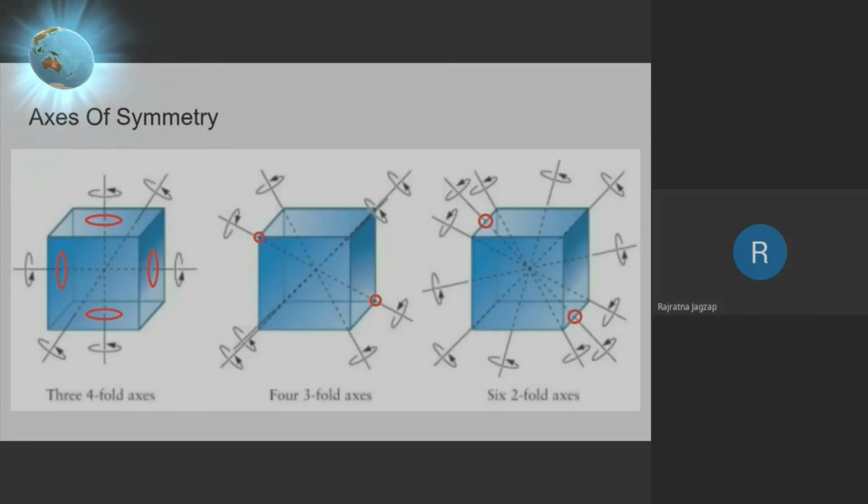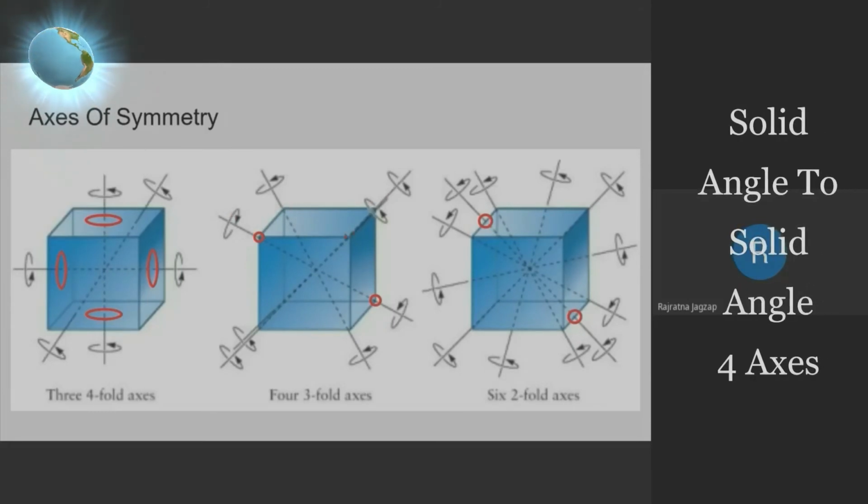How many axes are there such which are going from solid angle to solid angle? So this first solid angle is covered, which covers bottom solid angle. Now this is second solid angle, which covers this solid angle. Now there is third solid angle here, which covers bottom solid angle. This fourth solid angle here, which covers other side solid angle. There are 1, 2, 3, 4 solid angles at the top. If the axis passes through it, it covers bottom solid angles also. That means we have 4 axes which go through 4 solid angles at the top and at the bottom.